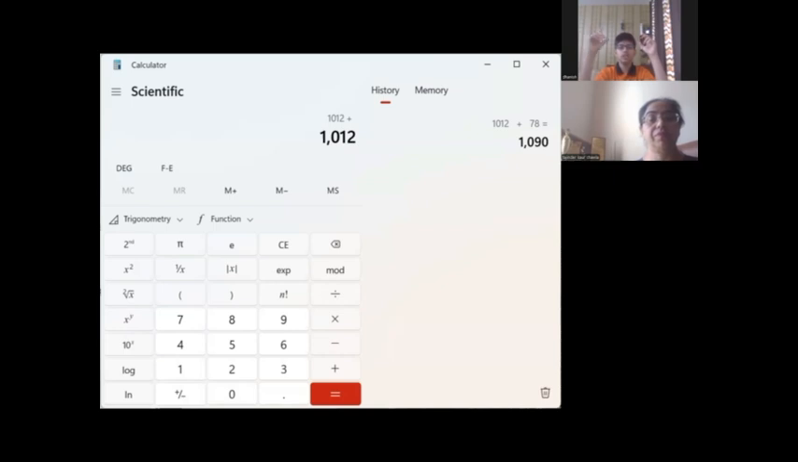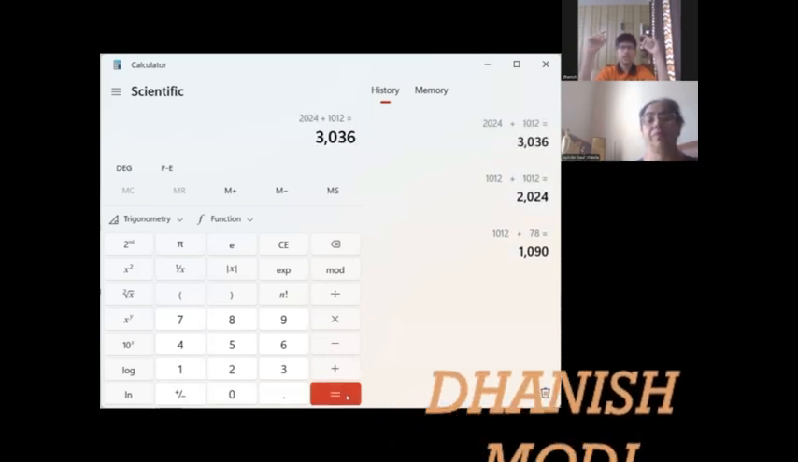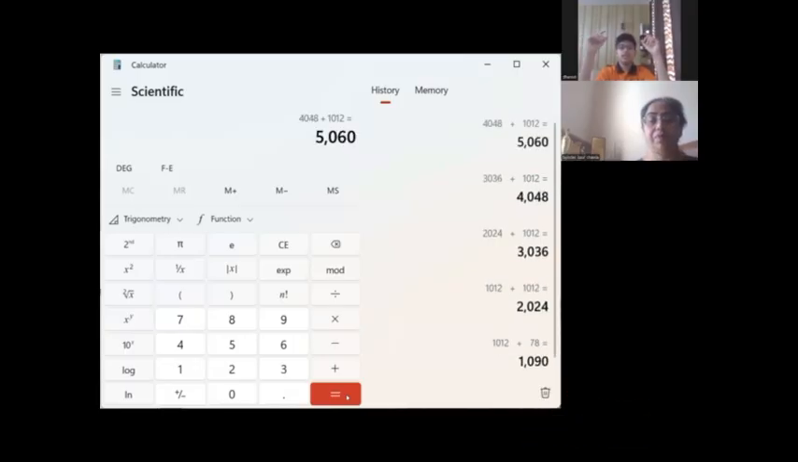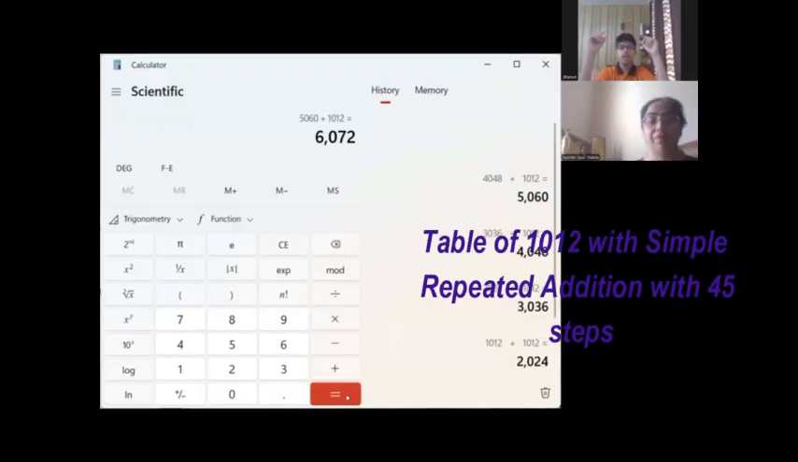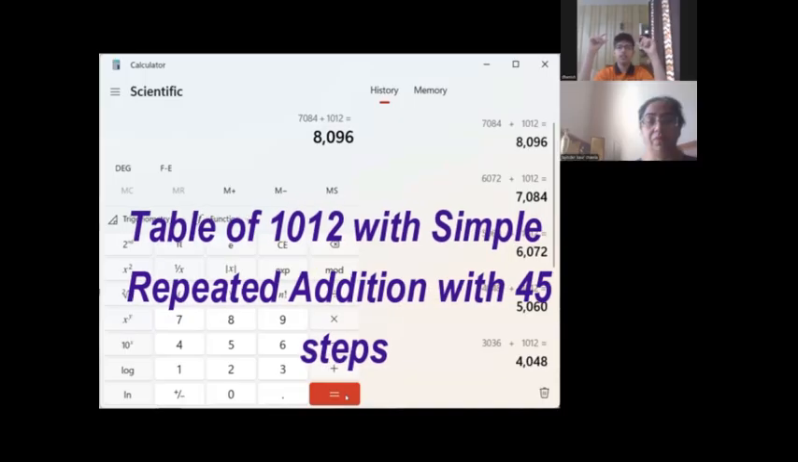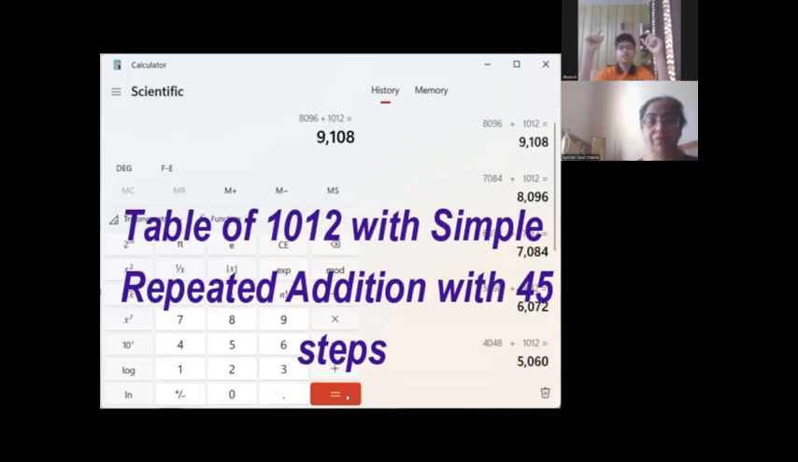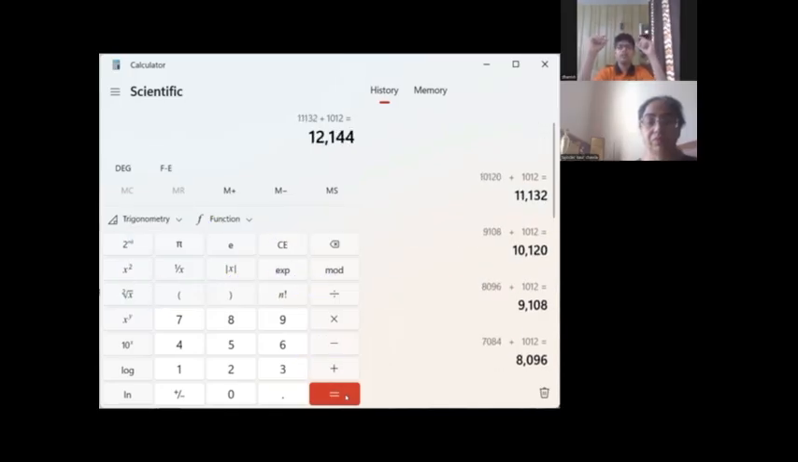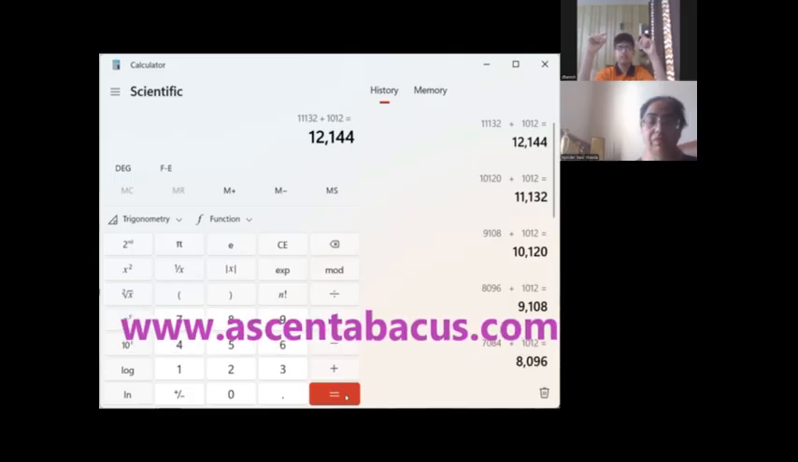1012, 2024, 3036, 4048, 5060, 6072, 7084, 8096, 9108, 10120, 11132, 12144, 13156,